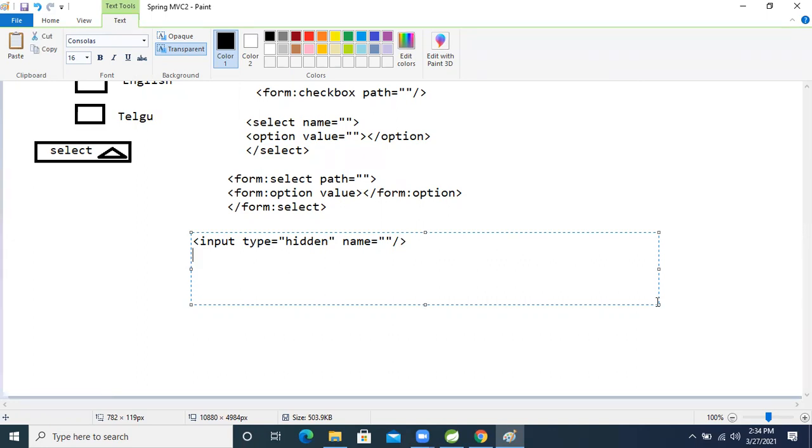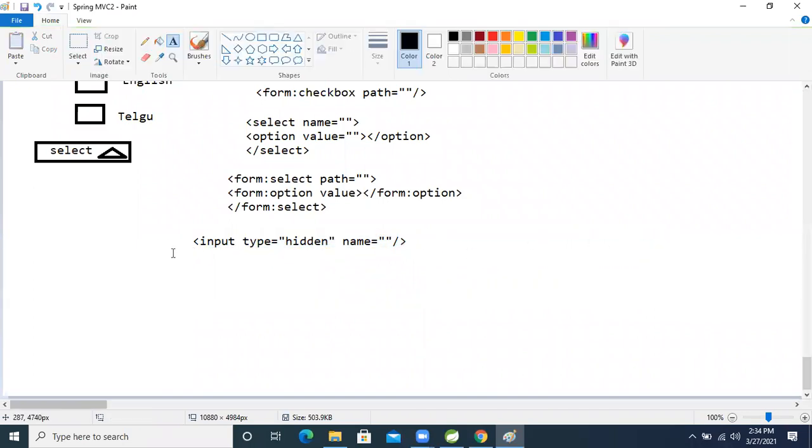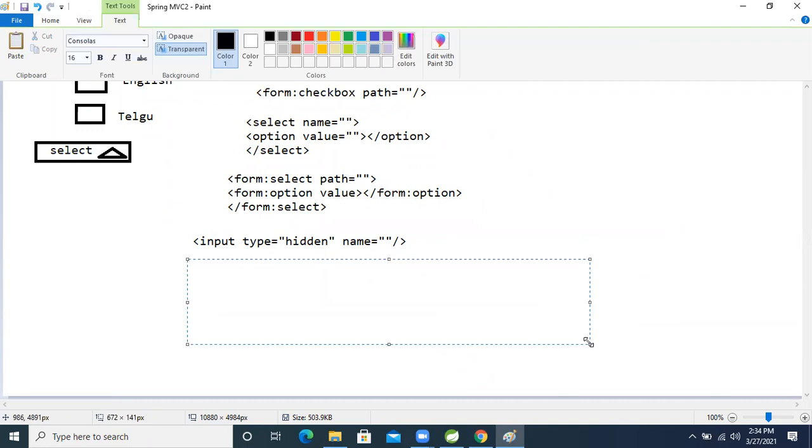But this is the HTML style. Whenever we use STL, how do we write it? Form colon hidden path.